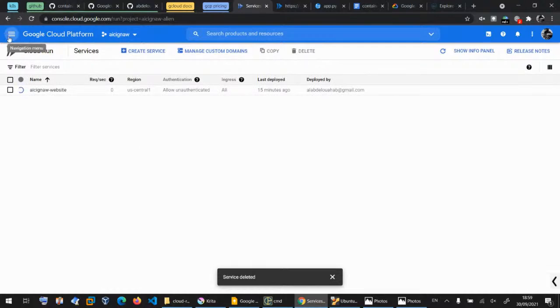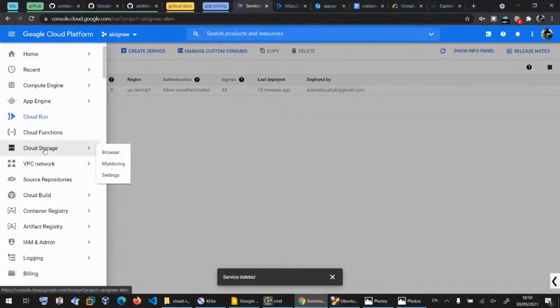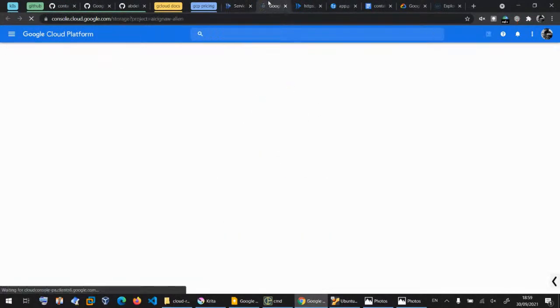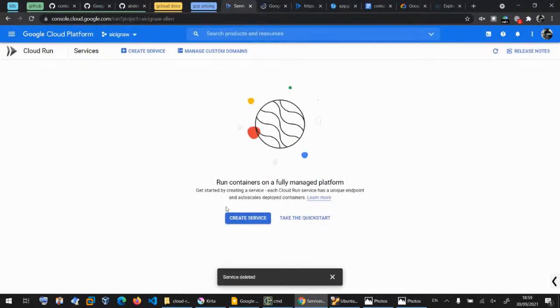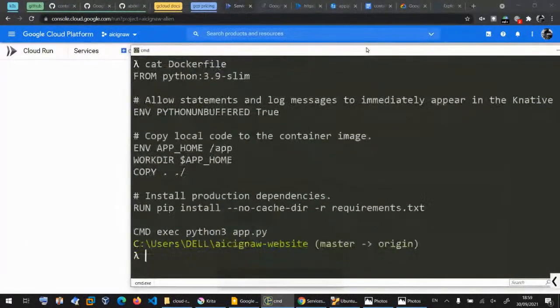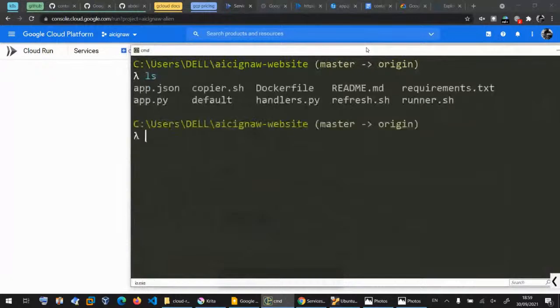As you can see, if I come to Cloud Storage, I will find it here. If I come to the registry, I will find the source code too. Since I deleted it, there is no service, as you can see. Now let me come to my source code and let me run